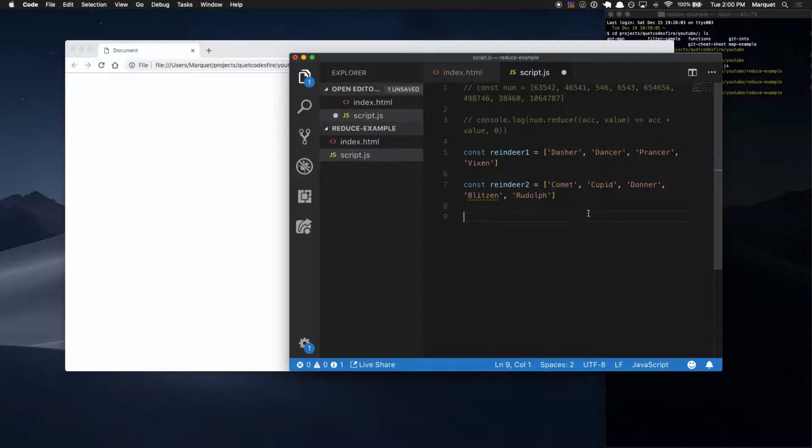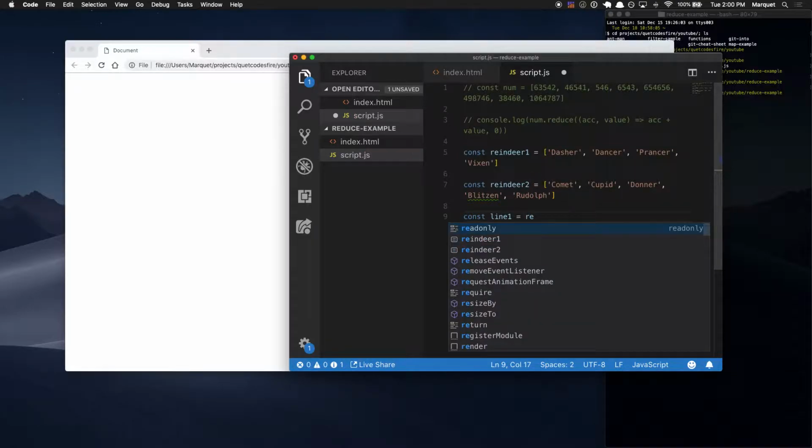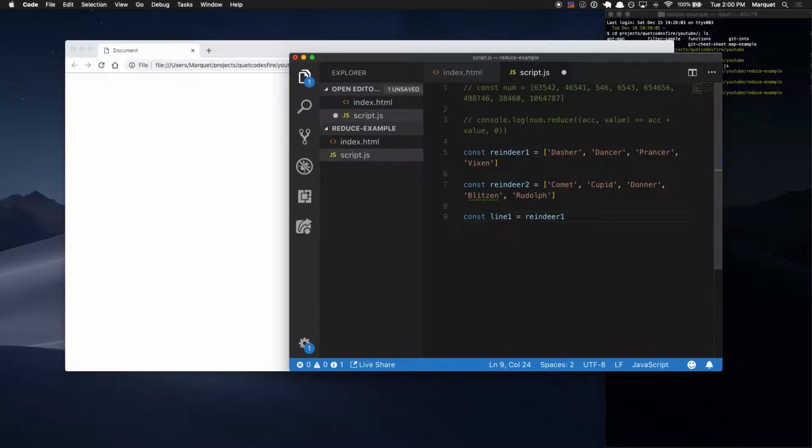So we're gonna create another variable. I'm gonna call that line 1 because he kind of keeps his reindeer in like two separate lines. I guess technically Rudolph is in the front by himself, but we'll just say he's going to be in line 2 later. So we have line 1, and in line 1 we want to run the reducer method on reindeer 1. So reindeer 1,